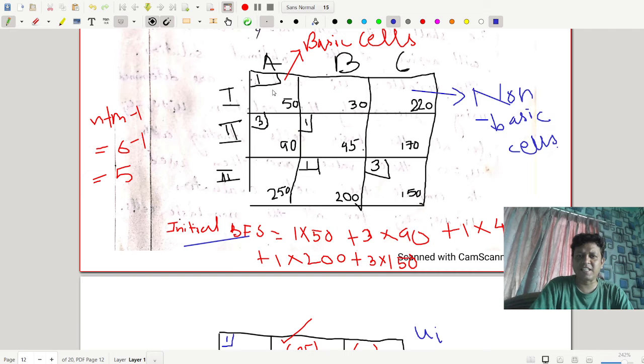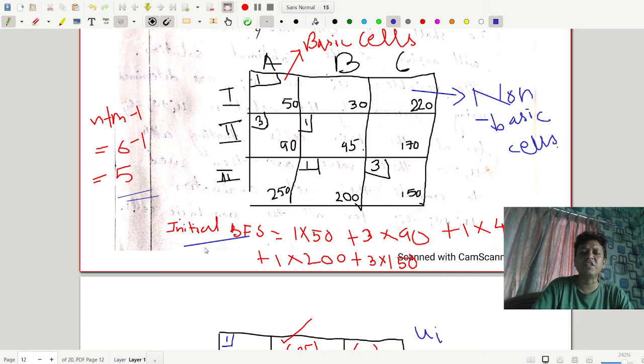These are called basic cells actually, where you have a cell, an additional cell in the corner. So how many basic cells are there? Actually you have 5 basic cells. And there is a check for that. n plus m minus 1 should be the number of basic cells. n is your number of rows, m is your columns. So n is 3, m is 3, 3 plus 3, 6, minus 1, 5. So the number of basic cells should be 5. So you can cross check your process. It is correct. And where there is no cell, those are called non-basic cells.